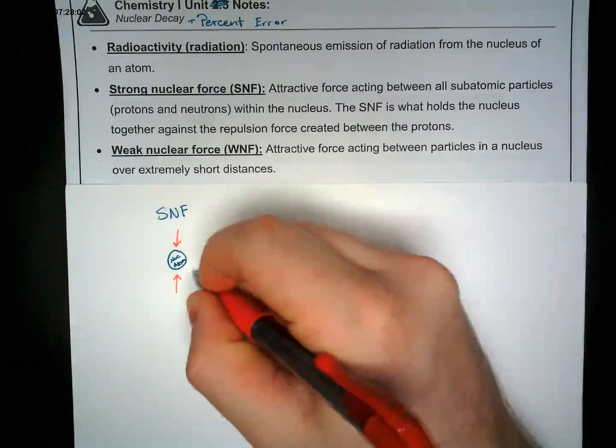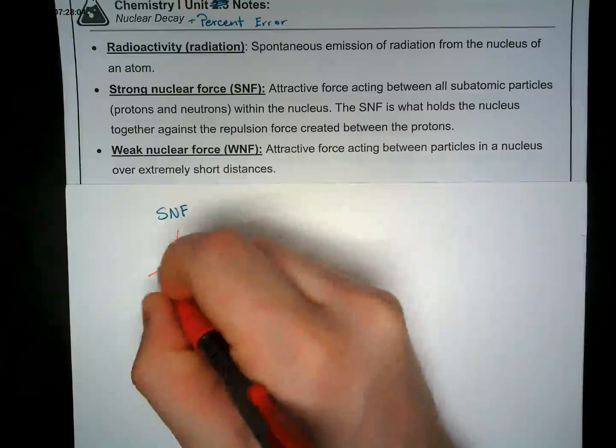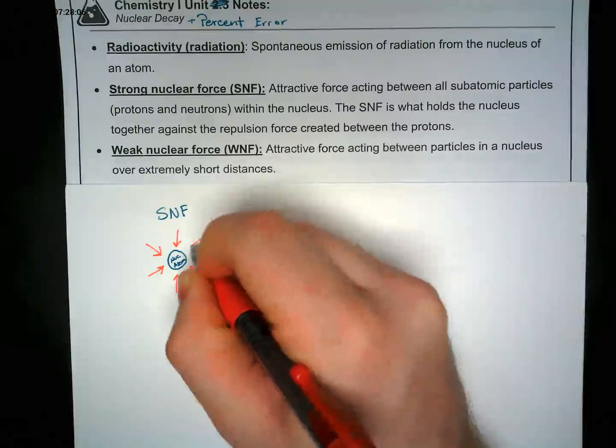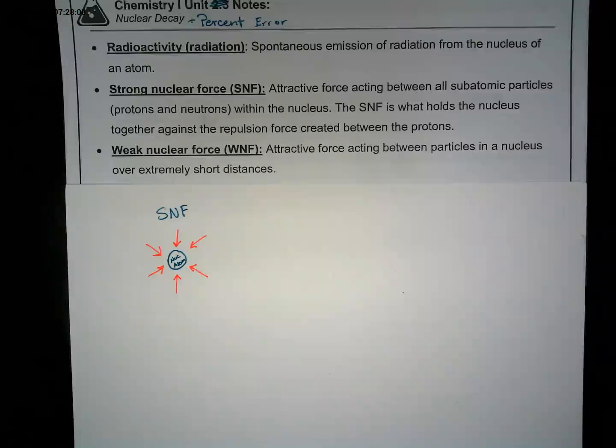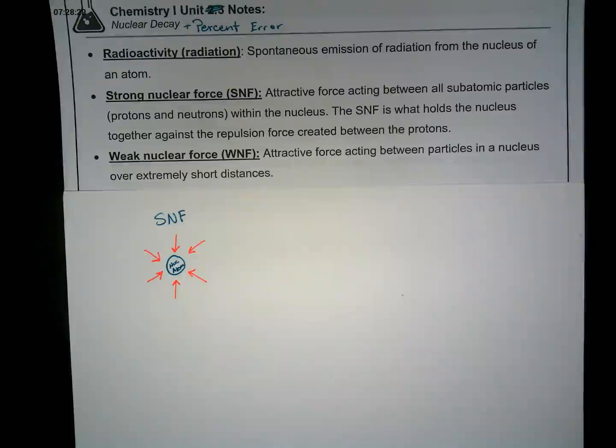It's applying a force that is keeping everything locked in, nice and tight within that little ball we call the nucleus. And it's a tightly packed form of energy that, if broken, because it's such an immensely great amount of energy, causes kind of a bad thing, which is an example we're going to be seeing later on